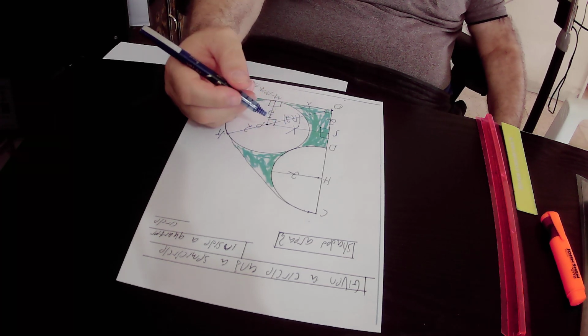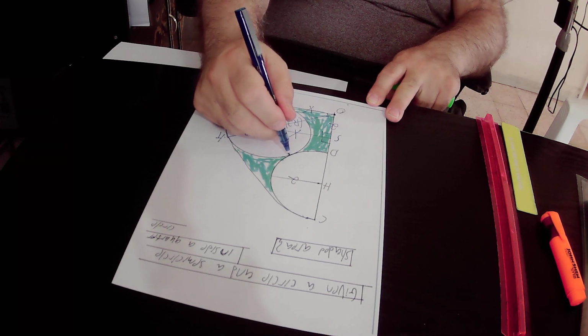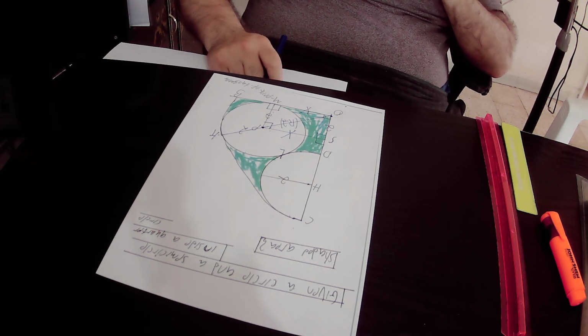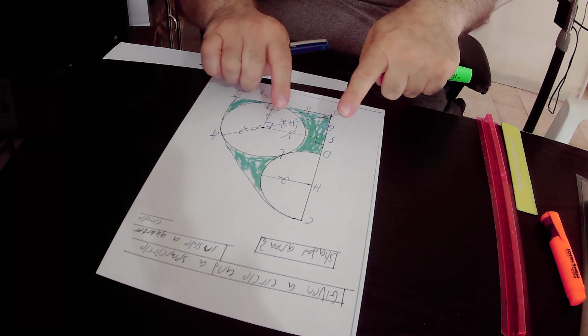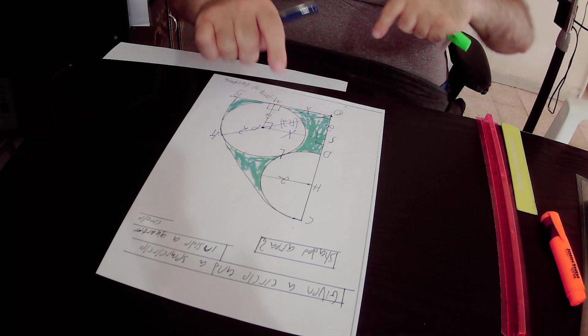So we define the touching point of the semicircle and the circle as point L. And we have another rule that says that whenever two circular shapes touch each other externally, like in this drawing, the circle and semicircle touching each other externally at point L,